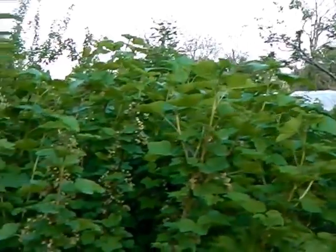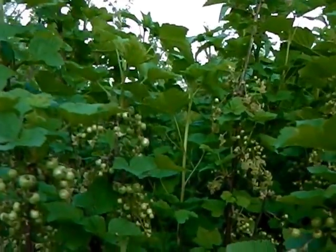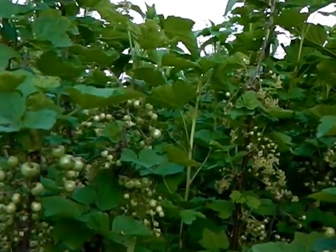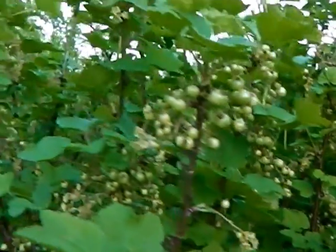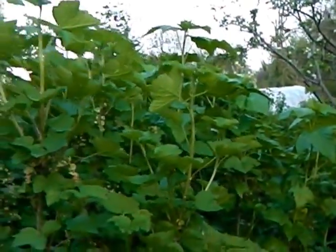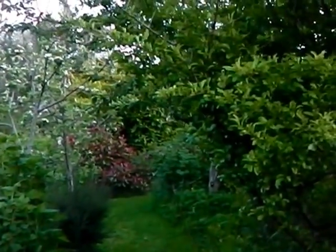Friday evening, just walking around the garden. It's quite late, it's 8 o'clock now, so the sun is setting. You can see the heaps and heaps of red currants here. This is part of the forest garden. Well, forest, it's more of a woodland, but within permaculture terms it would be called forest gardening, because you can